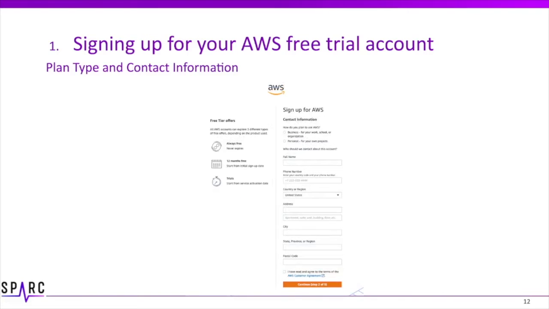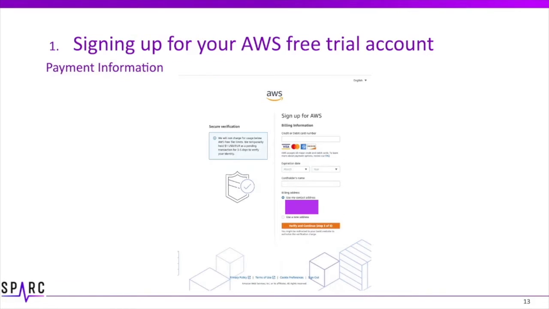Select your usage of AWS and enter your contact information. Be sure to read and agree to the AWS customer agreement. Enter your billing information. A temporary $1 or €1 pending transaction is held temporarily to verify your identity.